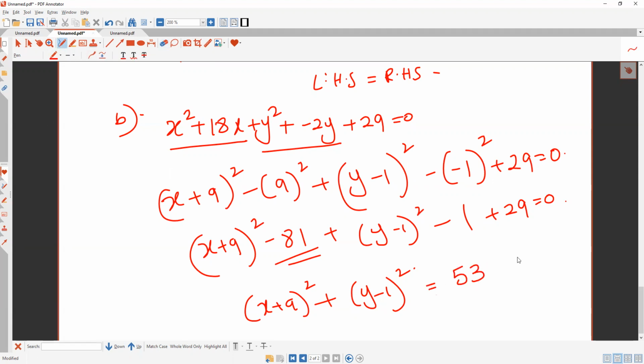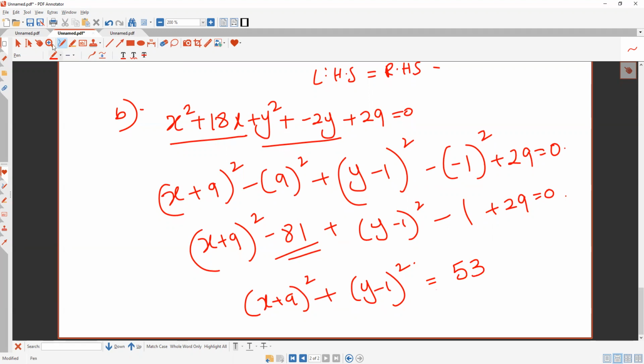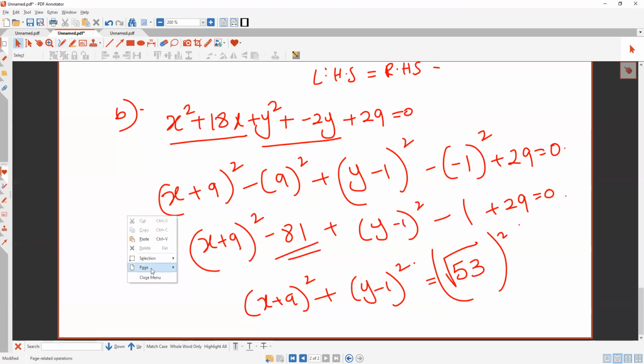Okay. Now, this should be root of 53. Your radius is supposed to be square, so root of 53 is your answer. If they ask you what's your radius, you will say, no, sorry, root of 53 is my radius. Okay, so now